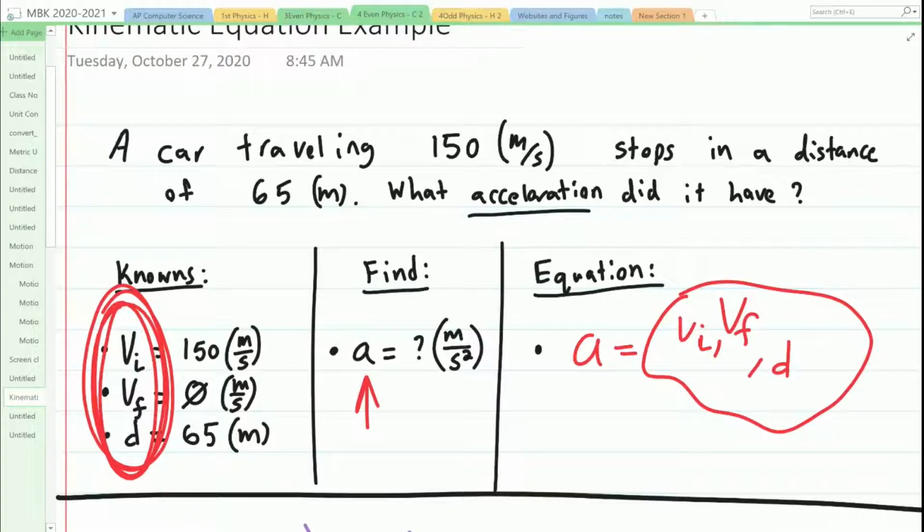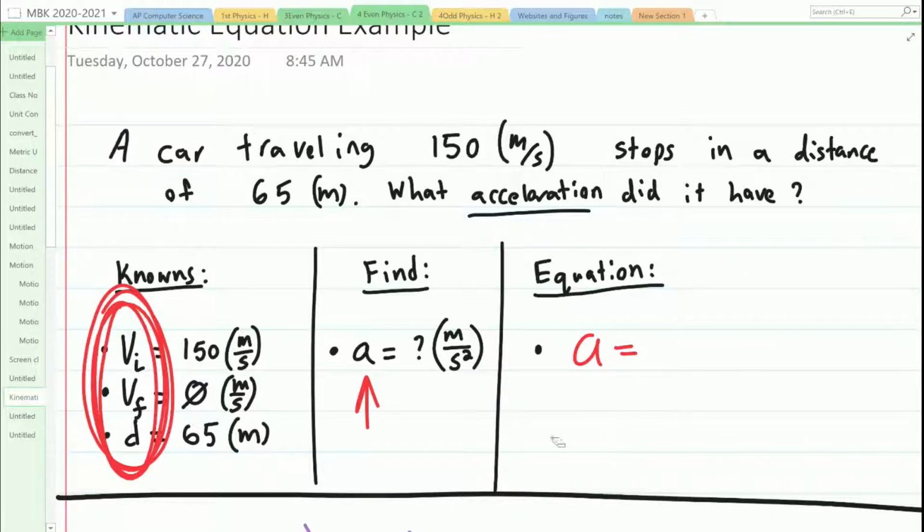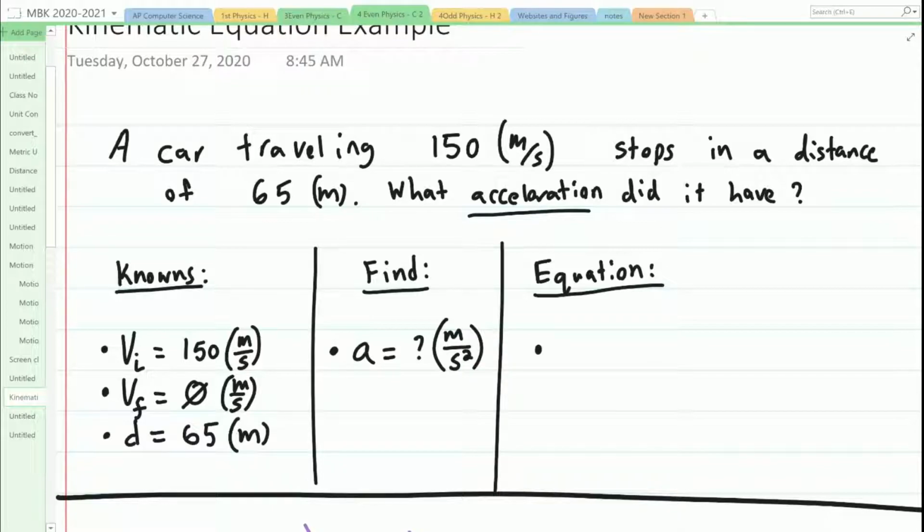and d. Okay, so I don't know in what order they're going to be in or what orientation, whether it's v sub f times or minus or whatever. I just know that I need to have v sub I, v sub f, and d on the right side of the equation. And I need to have a on the left side. Is everybody cool with that? So let's go hunting. So if I switch back,